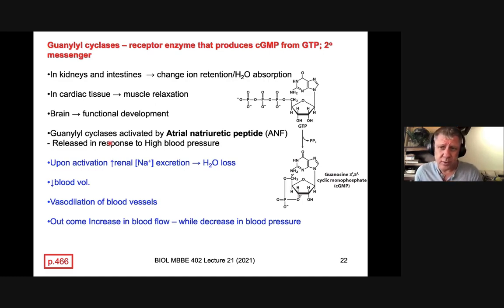Because what we want to do in the system, and this is how the body naturally works with high levels of blood pressure, is to work out what we do with the blood volume. So think of it this way: if you can decrease the blood volume, you can decrease the pressure in the